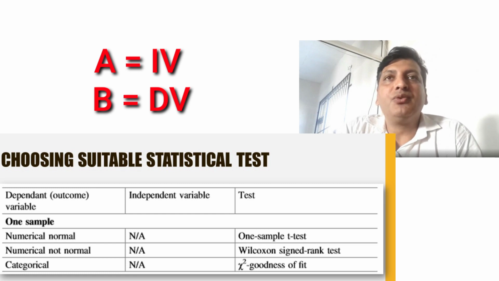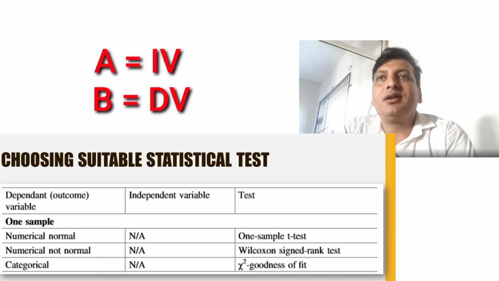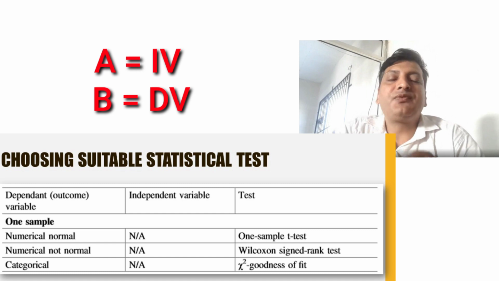For that purpose, what to do? For example, we have only B, we don't have A, and B will be called a dependent variable. So in that case, here I have written normal. Here normal represents the test for normality of distribution. That means whether the distribution of the data was found normal or not normal.